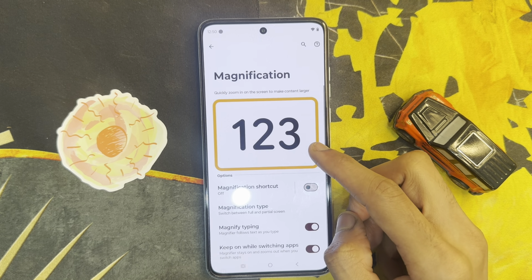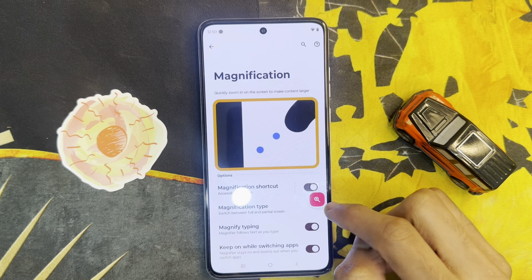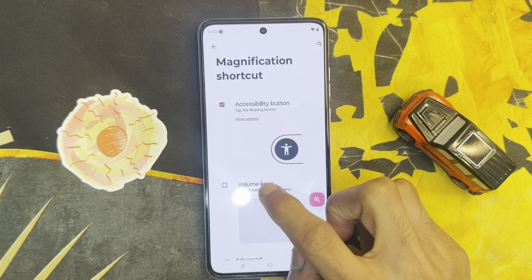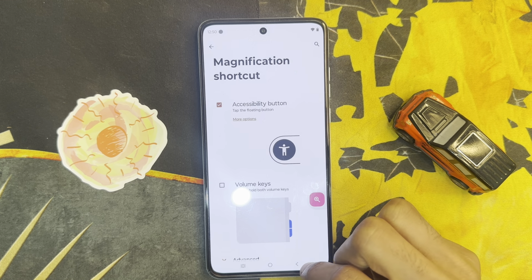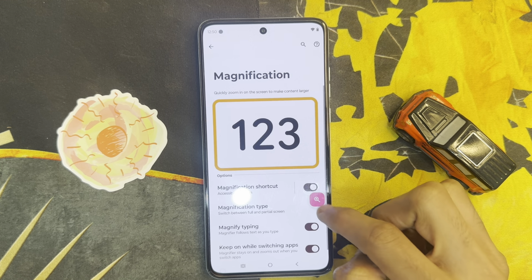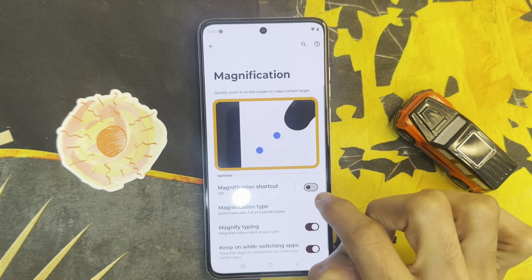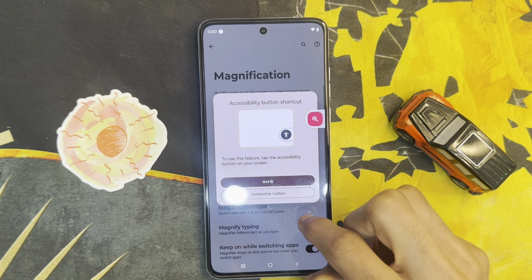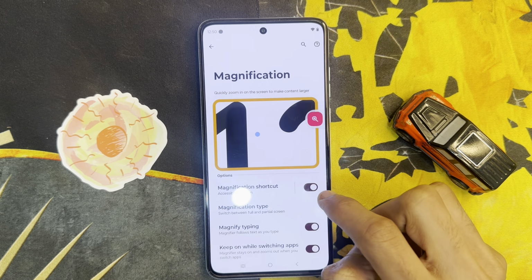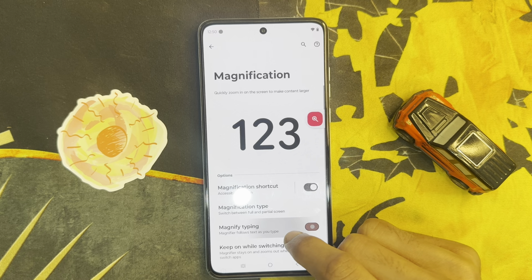And if you want to enable magnification, turn on this button and click on got it. So you will see turn off this button. If you want to enable magnification, turn on this button. After turning on this button, you will see